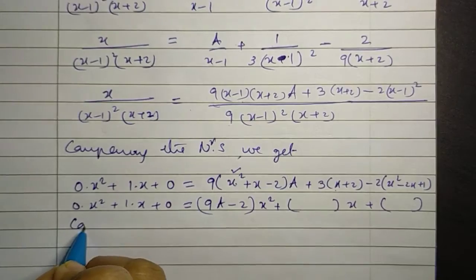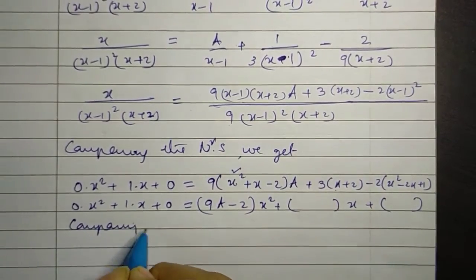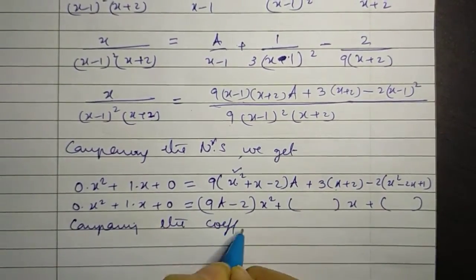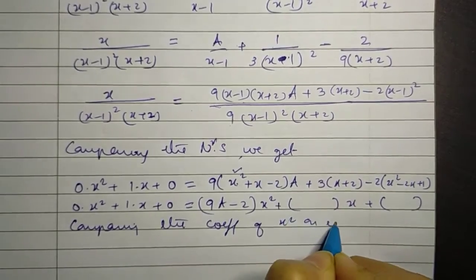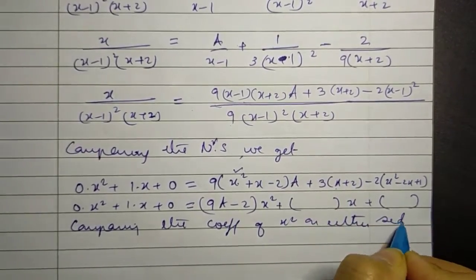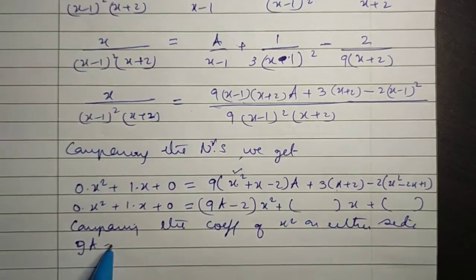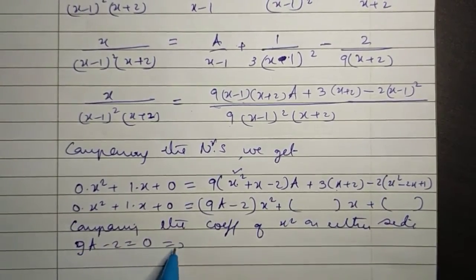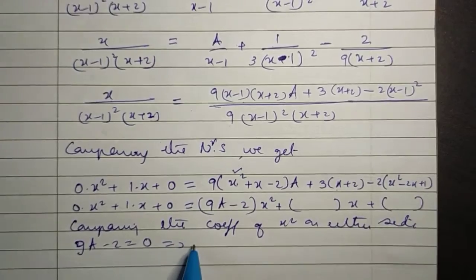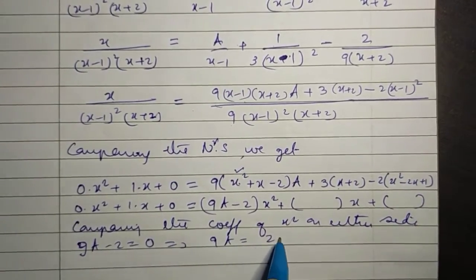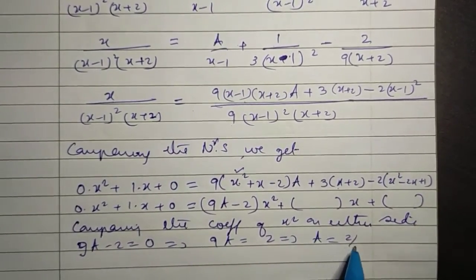So comparing the coefficient of x squared on either side, we get 9a minus 2 equal to 0, which gives us 9a equal to 2, which gives us a equal to 2